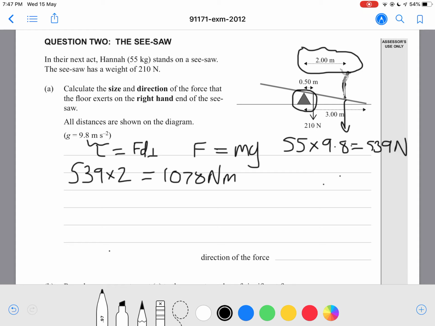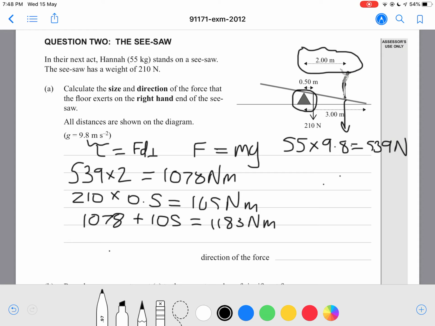But we're forgetting we also need to account for the weight of the seesaw acting downwards. The good thing is it gives us the weight force in newtons straight away, so we don't have to find it using F equals mg. It's a 210 newton force acting 0.5 meters away from the pivot point. Because torque equals Fd, we multiply this by 0.5, which equals 105 newton meters. So we just add 105 newton meters: 1078 plus 105 equals